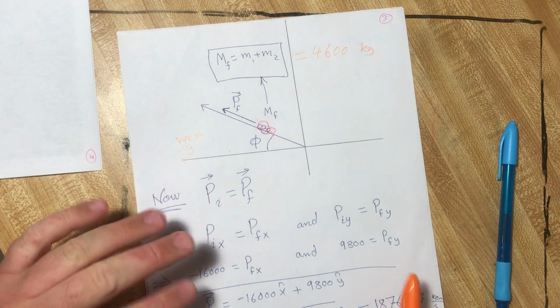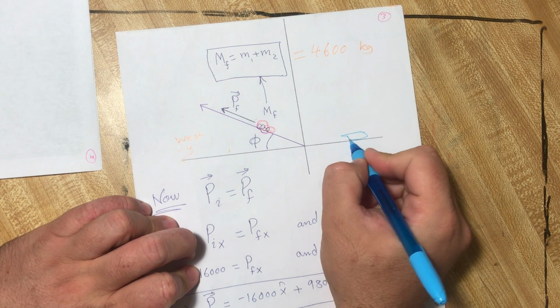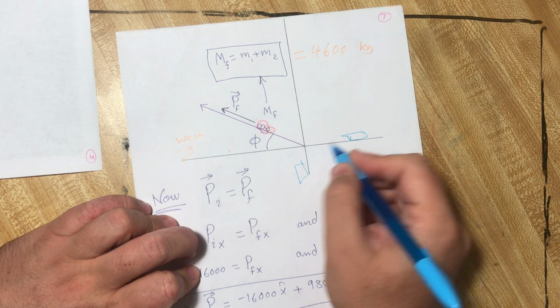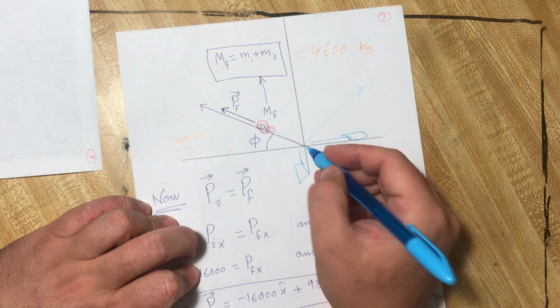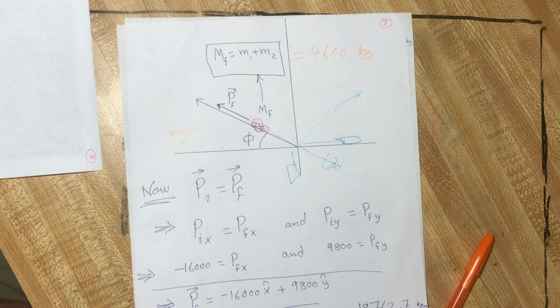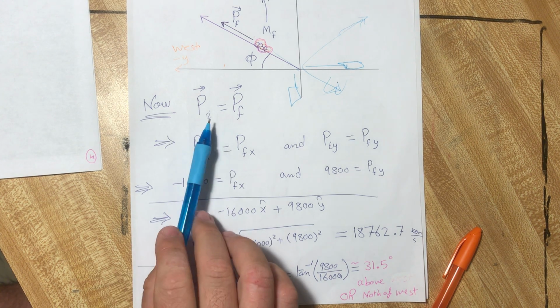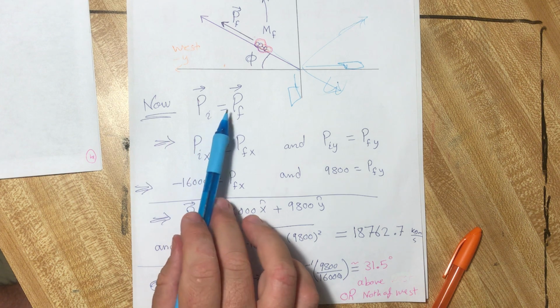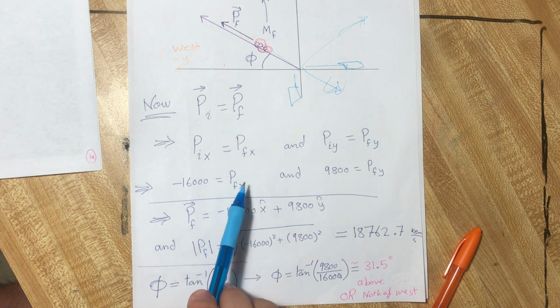How do we know that? It's logical. When we have a body and another body, their components will add together in this direction. They will not go in this direction or this direction, and we can compute that at the end. Now we will use the conservation of linear momentum. We know that P initial is equal to P final. That means for each component